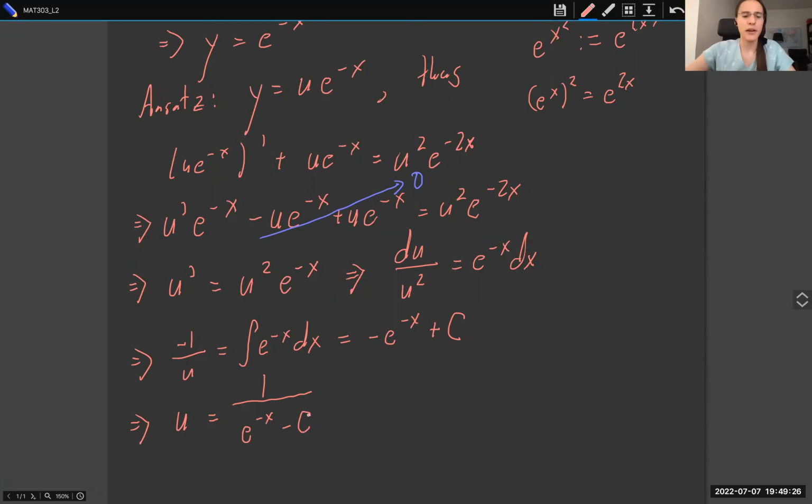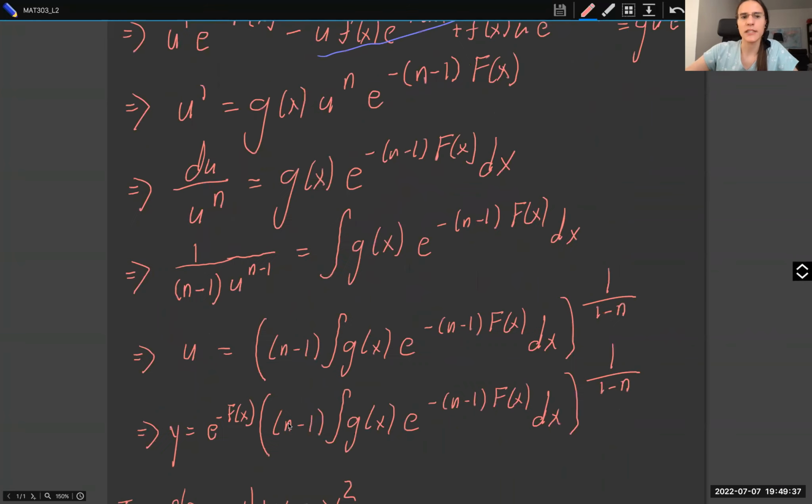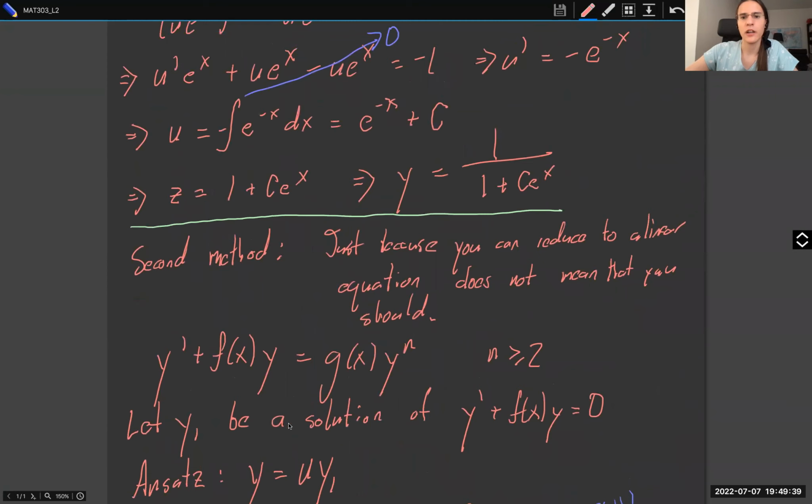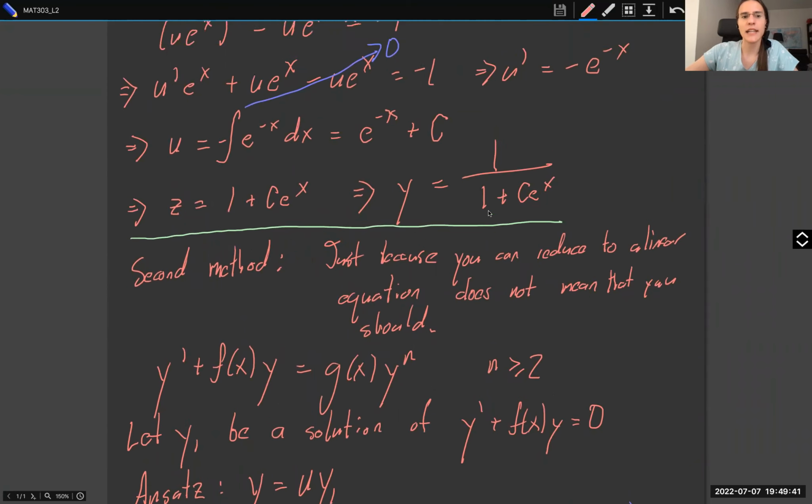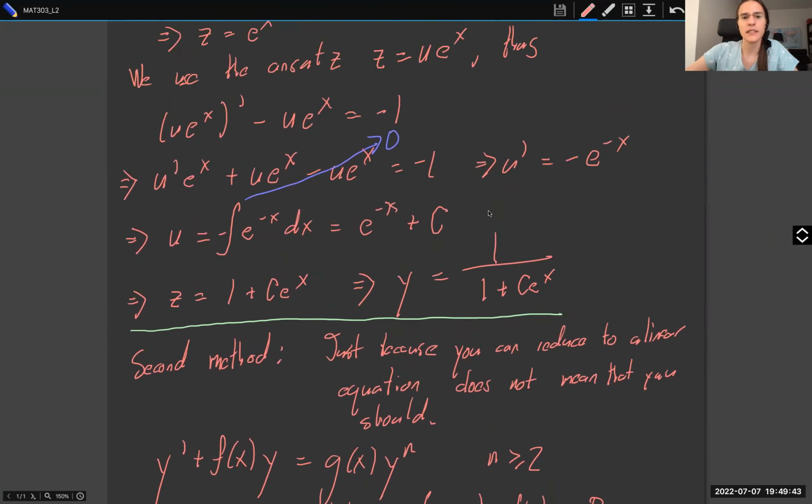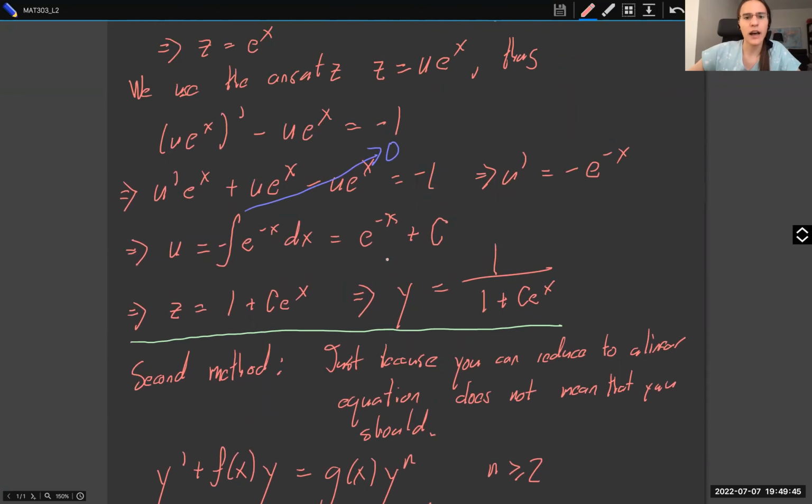And if you compare this to our previous answer, the only difference is that we had a plus c there, but replacing c with minus c gives us the same thing, right? So let's just sanity check that we got the same answer as before. Here we had c to the power of e to the x. Why did we have